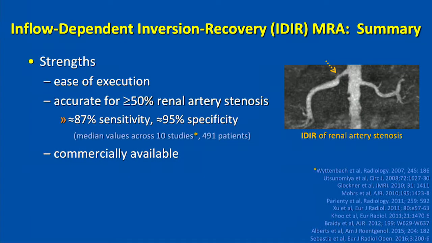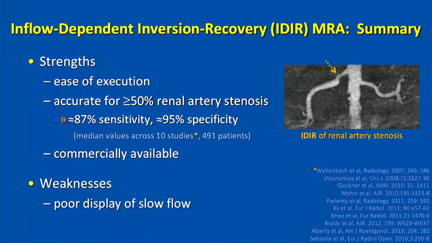So a main strength of this approach is that it has been shown to be accurate for detecting 50% or greater renal artery stenosis, with sensitivities on the order of 87% and specificity of roughly 95%. It is commercially available, so it's potentially usable by your physicians at your institution. It does have a weakness: it doesn't display slow flow very well because it relies on inflow, and this is a common weakness of many of the inflow-dependent